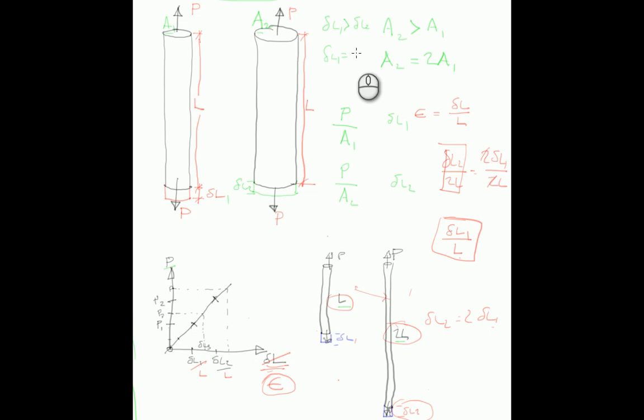to the extent that delta L1, this strain, or the change in length per given length, and because we've got a given length which is common to both of them, we can talk about it just as the change in length, but strictly speaking, if you remember, if we call it the strain, then we don't need to worry about the original length. So delta L1, it turns out, is twice delta L2. So in that situation where delta L1 is twice delta L2, for a situation where A2 is equal to twice A1, we can now